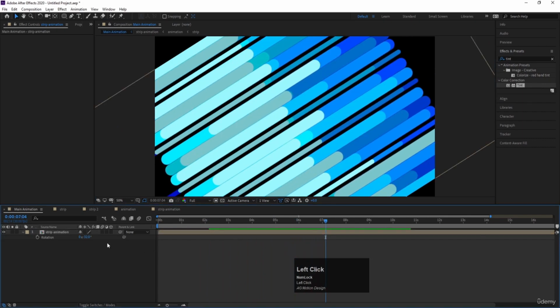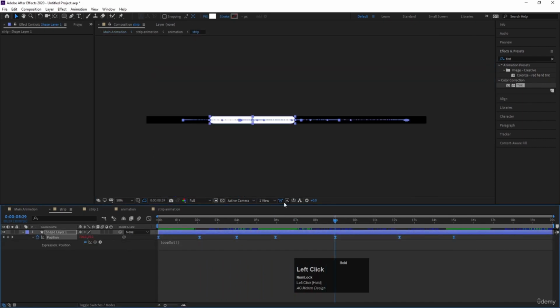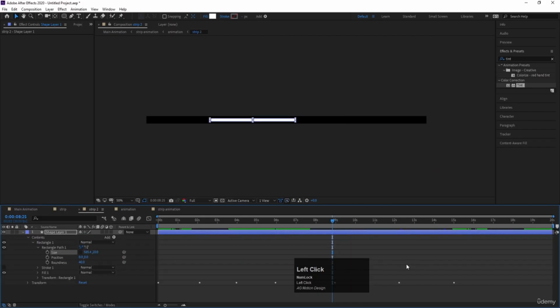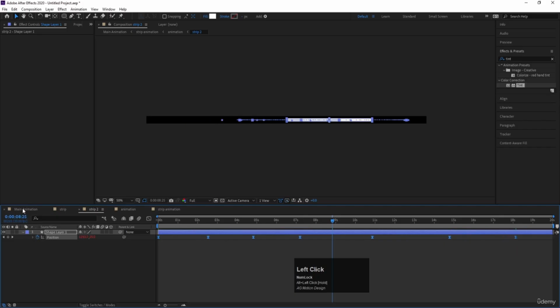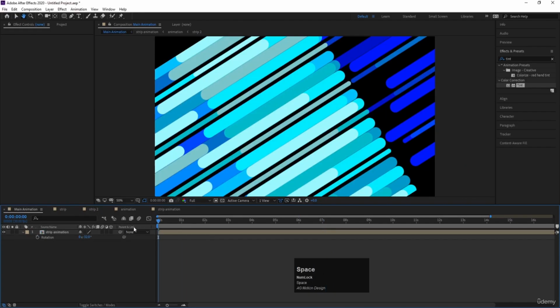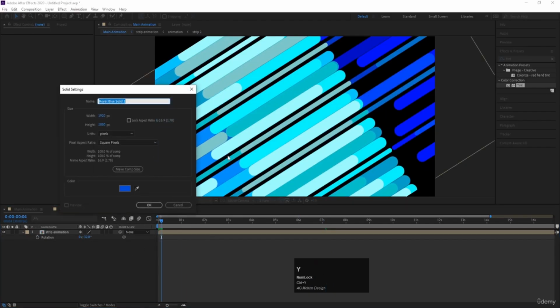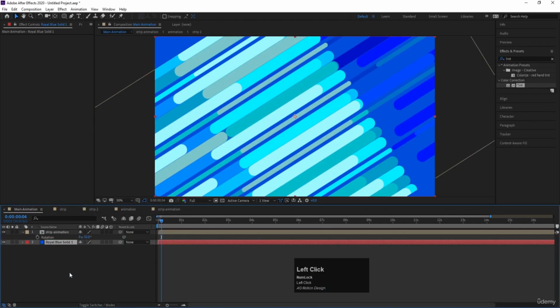Okay, then if you want, you can select those keyframes and by holding Alt you can increase the duration of it. Hit U like this, or you can decrease the duration of this one so it will animate a little bit faster. Then press Ctrl Y to create one solid background and bring this backward